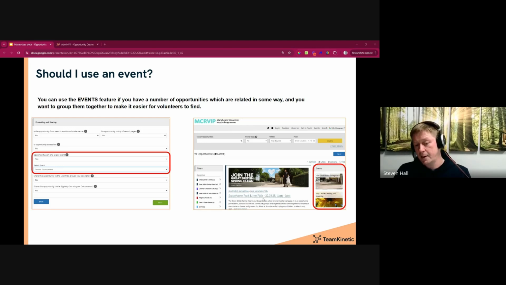And when the volunteer goes on the search page, they see a list of events on the right-hand side here. And when you create an event, it asks you to upload an image. You have a title for the event, an image, and also a description, which is specific to the event. And then when they click on this, they will see that image with a title, the description of the event,